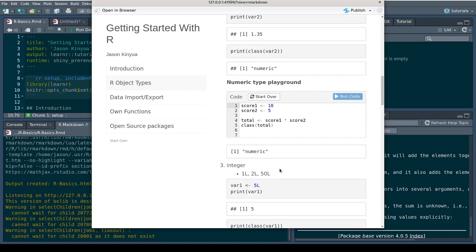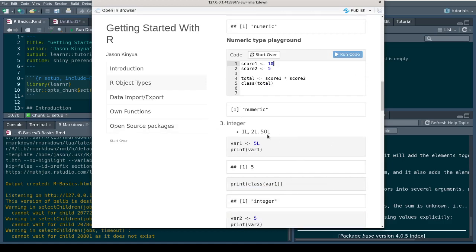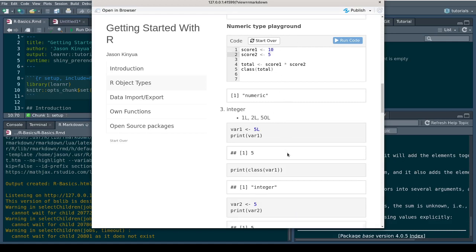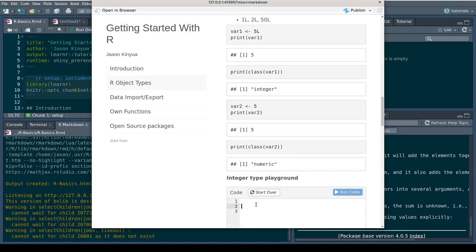But now when you come to integers, to denote it is an integer, there is a postfix of L, so it is either 10L, 5L, that will be denoted as an integer. For instance, let us say score 1 is now 10L, and score 2 is 5L. So total equal to score 1 less score 2.